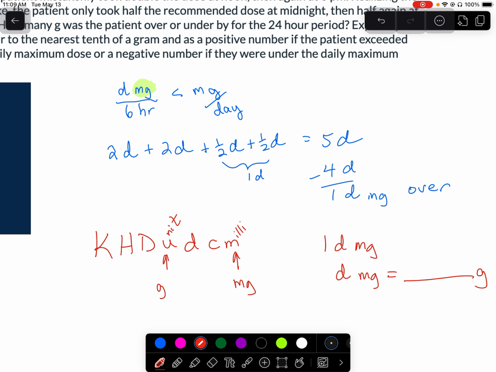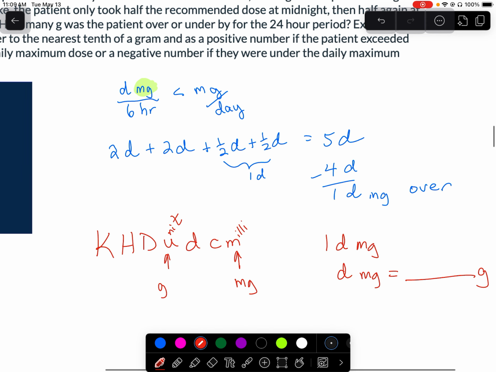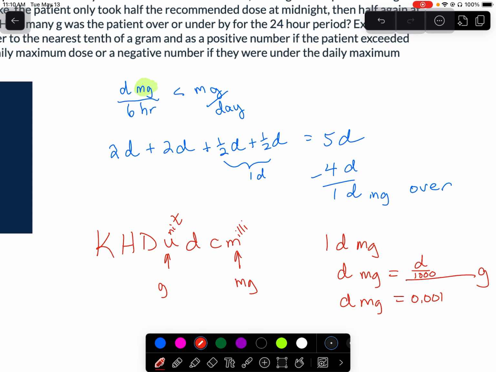And what's great about our number system is we are going to take the decimal and move it 3 to the left, or you can write it a few different ways. You can say I need to divide by 1,000, however many zeros you want, to go to the left. That's one way to write it. Or I need to multiply by the decimal 1/1000th. And however you do it, whether you divide the D by 1,000 or you multiply the D by 1/1000th, 0.001, see how it's 3 decimal places to the left? That is how many grams the person is over.